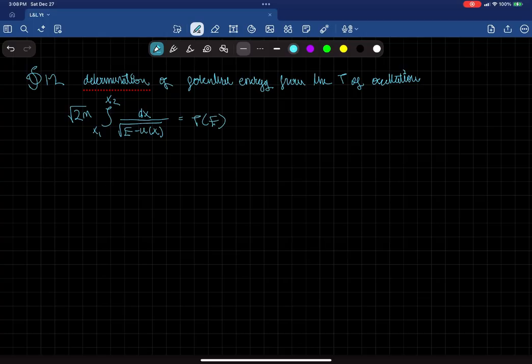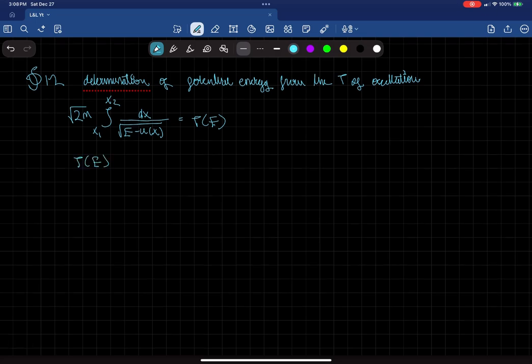The function x of u is two-valued. Each value of the potential energy corresponds to two different values of x. Accordingly, this integral must be divided into two parts before replacing dx by dx du times du. One from x equals x1 to x equals 0, and the other from x equals 0 to x equals x2. We shall rewrite the function x of u in these ranges as x equals x1 of u and x equals x2 of u, respectively. The limits of integration with respect to u are evidently E and 0, so that we finally have an integral of the form